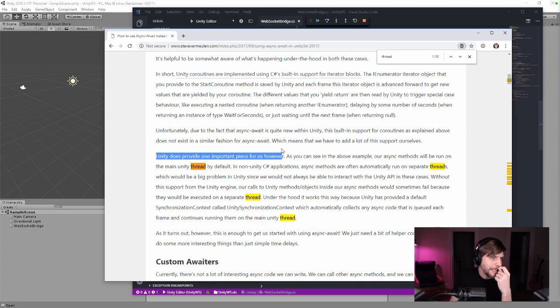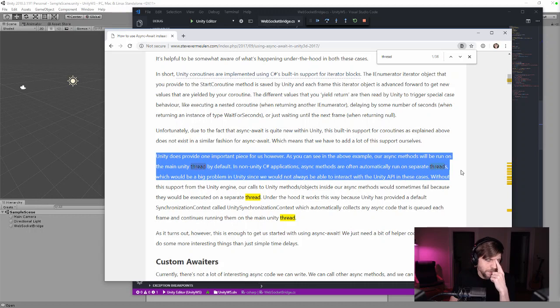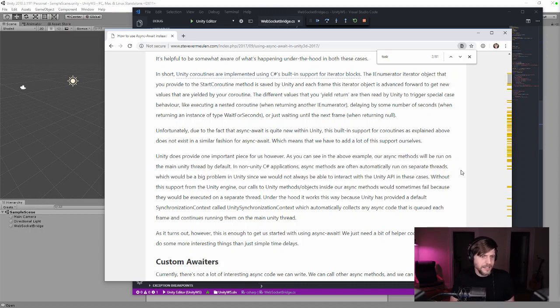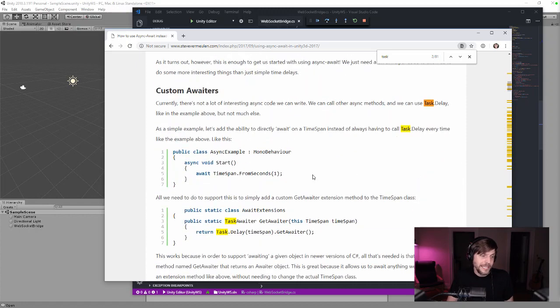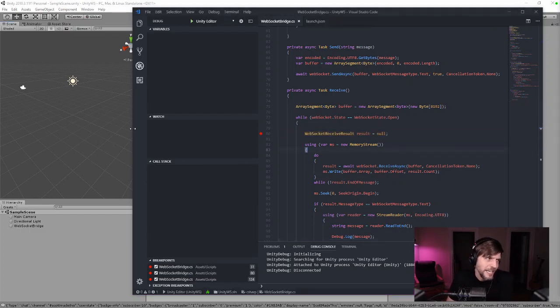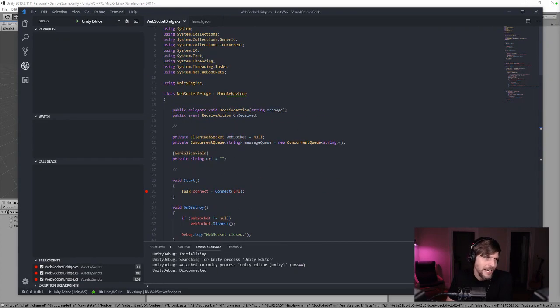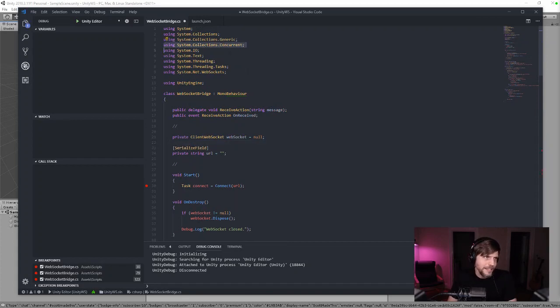Unity does not provide its own async threads; they will be run on the main thread in Unity, often automatically. But what about tasks? This isn't talking about tasks. Well, I guess it is, even with task delay and task awaiter. So the reality is probably that I don't need a queue. I think I don't need this queue, even though I'm glad I looked at it,